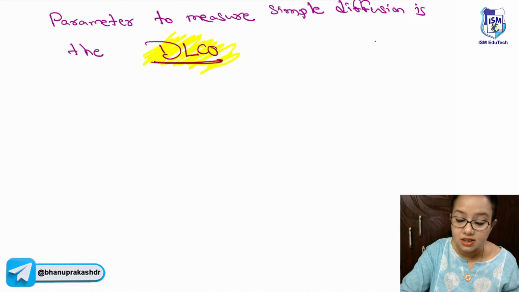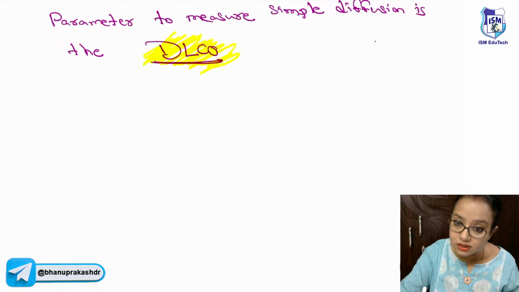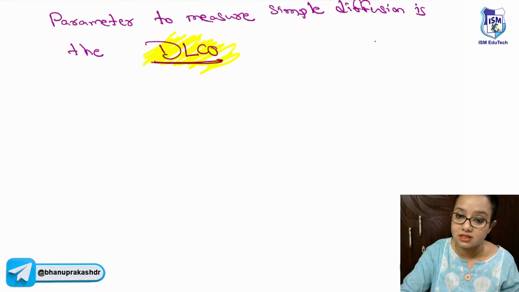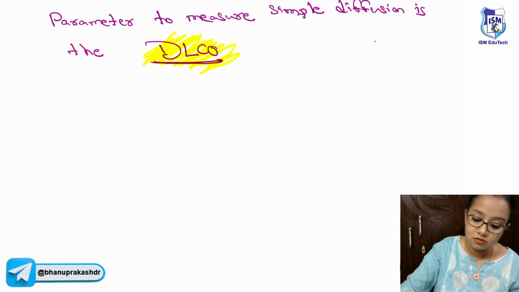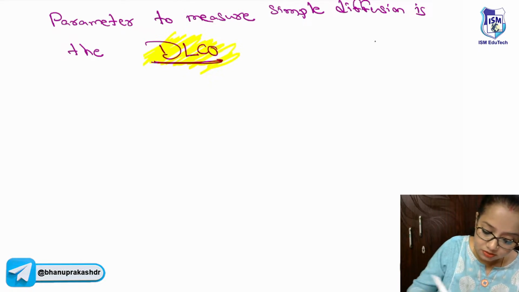So to see if there is a condition affecting the normal diffusion of the gases across the alveoli, due to any clinical or pathological condition, we use this parameter to assess that. The second type of diffusion is the